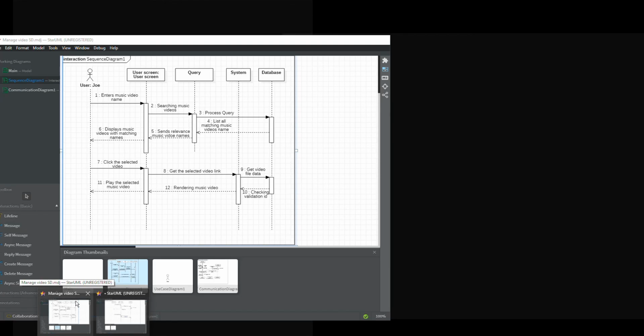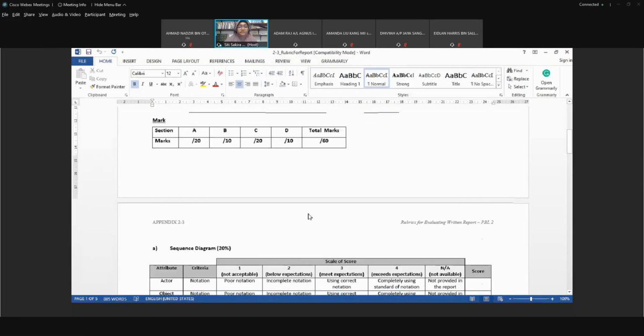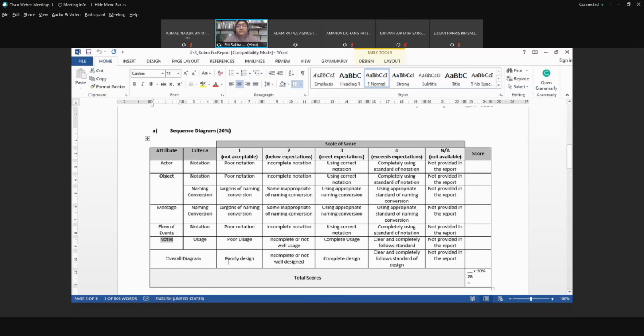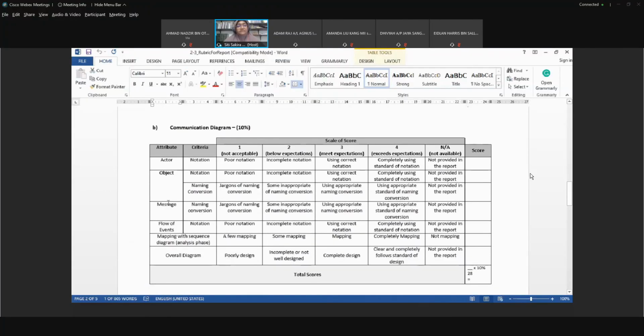Because for the report rubrics, there are 4 components, and each component will be checked thoroughly. I will check the object, the actor, the message, the flow, the notes, right? Even how you use the notes. So it's a very comprehensive checking, right? So you have to make sure that